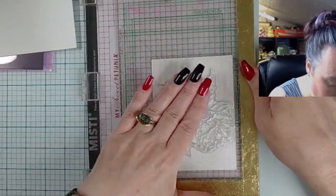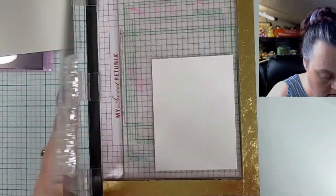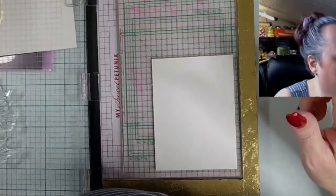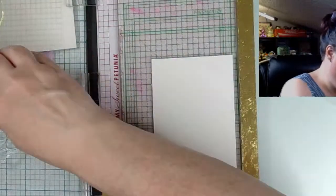Yeah, I think I like that position. So we're going to put that there. And then we're going to make sure this stays put. Stay put. And then we're going to emboss with some